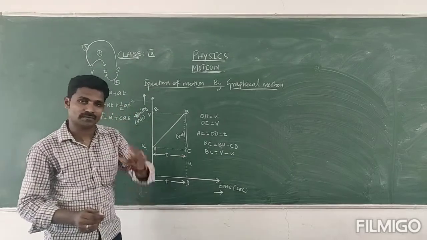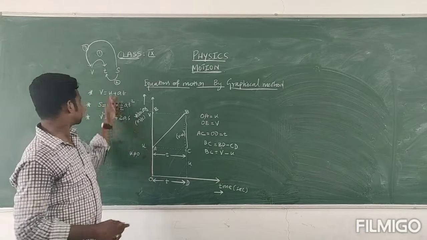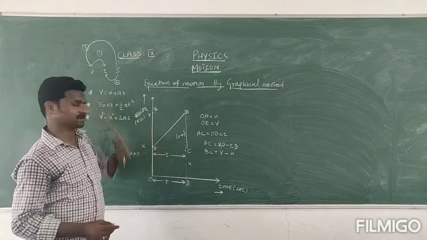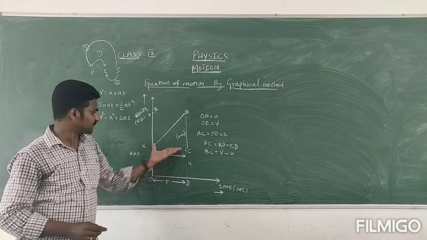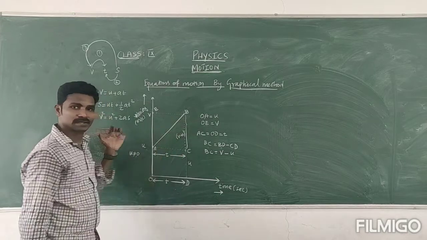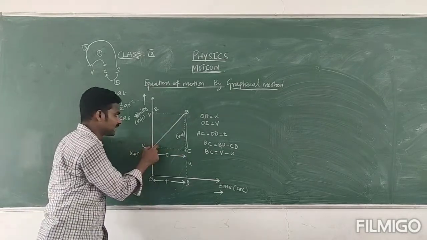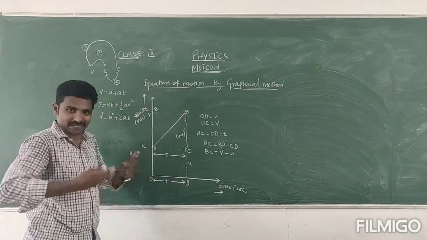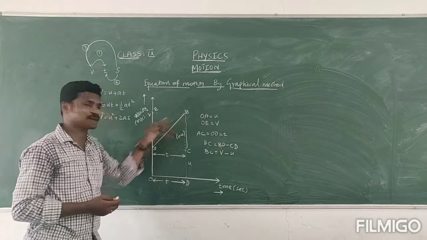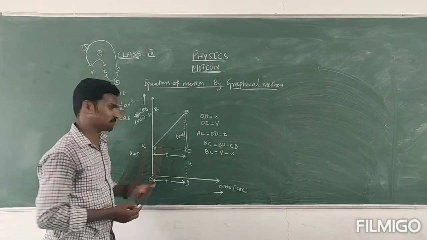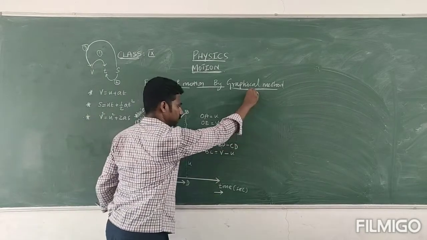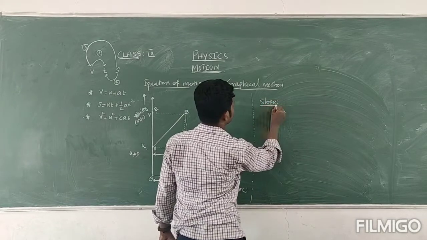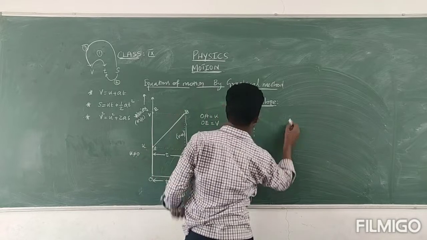Now from this graph we are going to discuss our first derivation. So we know very well the first derivation is based on the first part of the graph. Here, A, B only is the actual graph. The remaining dotted lines are imaginary, we created. So let's take the slope value only. See the slope. For the slope, A, B, C.